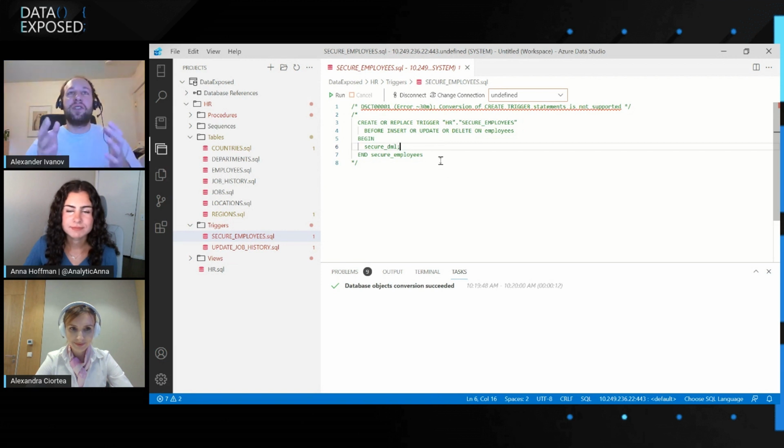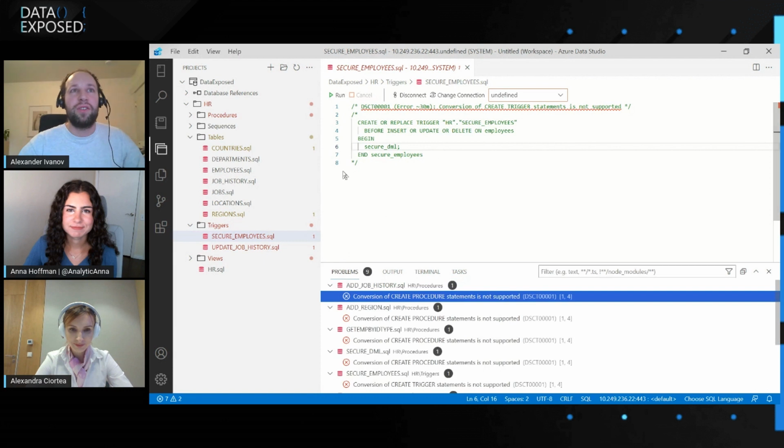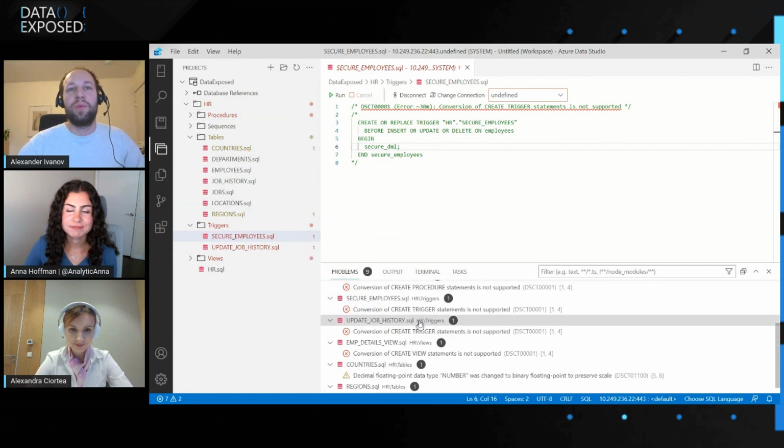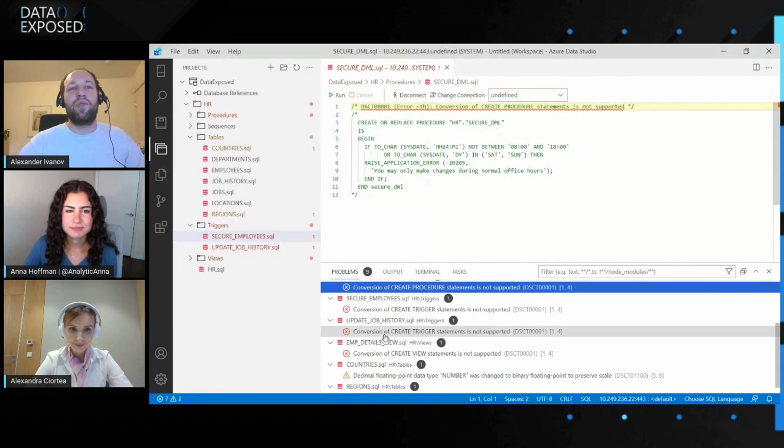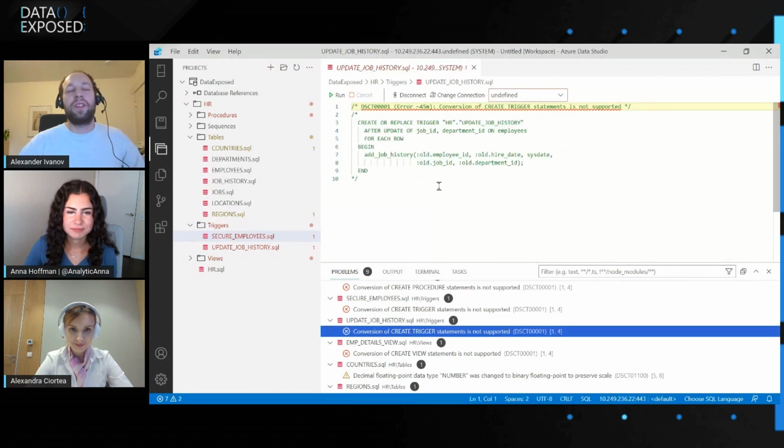Nice thing, since we're integrating into Azure Data Studio and it's built on top of VS Code, you get all the features of a proper IDE. You get IntelliSense support, which suggests what keywords you can insert in certain places. You also get navigation across your errors. So for instance, you can see where the errors are, but you can also see all of them here in the problems window. And once you click on it, it will basically bring you right where the problem is, so you can quickly fix it, address it, and move forward.